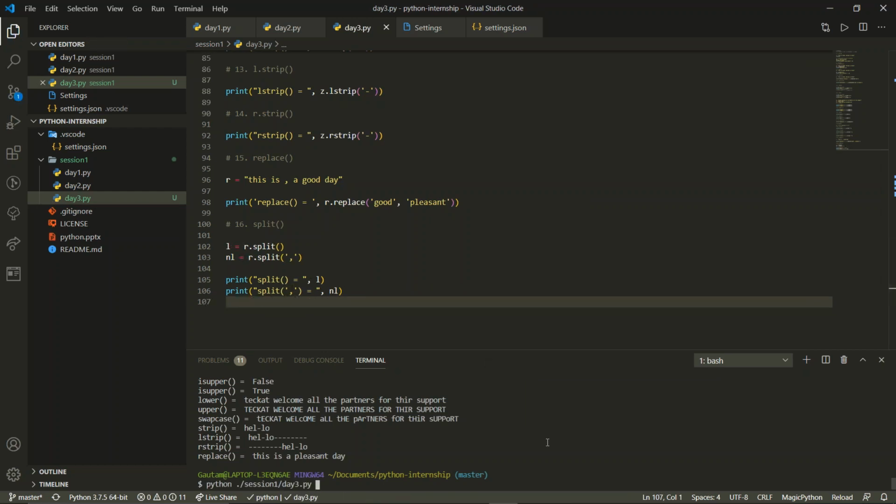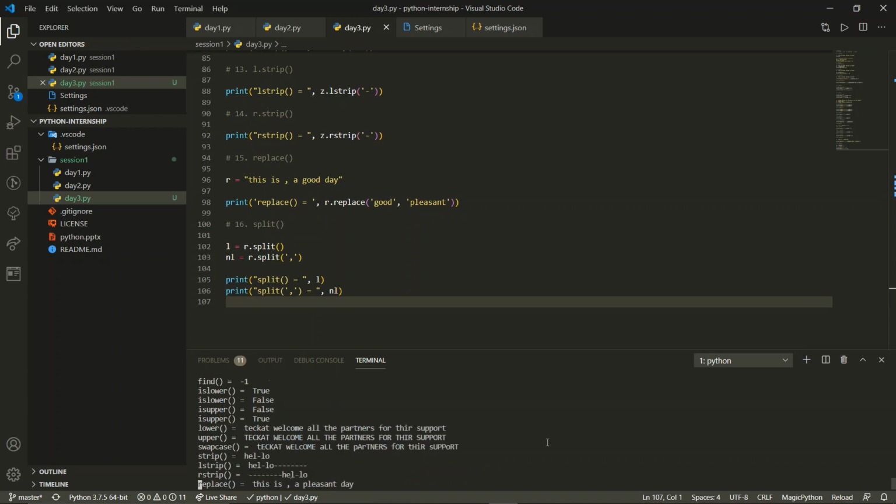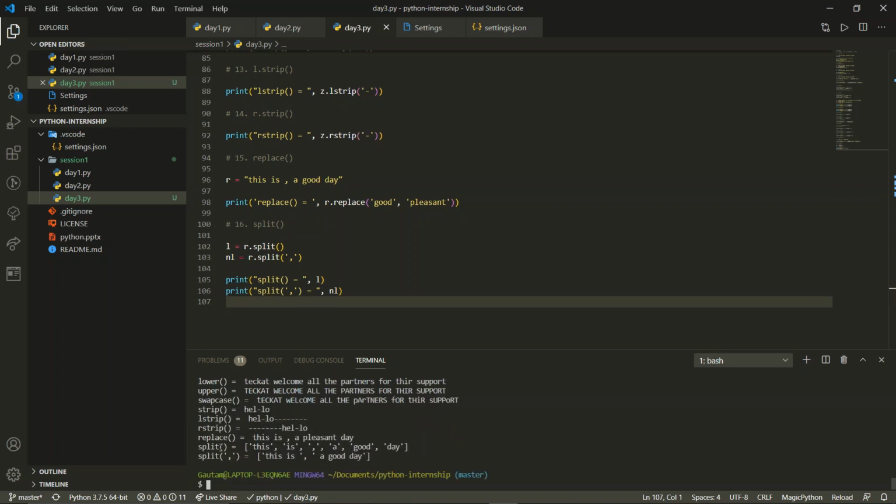Now let us execute this. When you execute this, you will find that in the first, when we split it using spaces, this is one element, this is another, then the comma is another element of the list. Okay. Now over here, when we separate it using comma, we'll find this is one element, and a good is another element. You can see over here we have got this data. Okay, it is separated using commas. So this is how this entire function works.